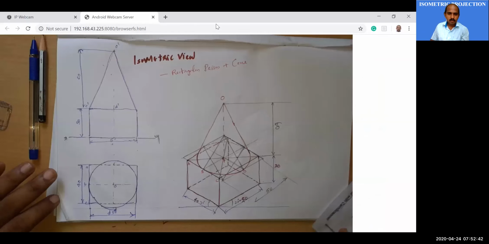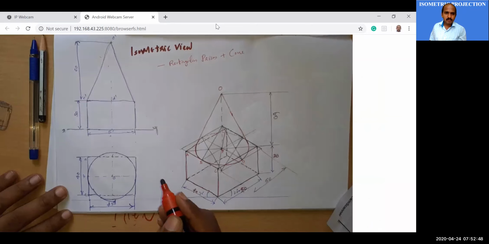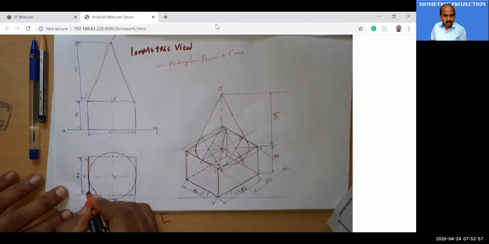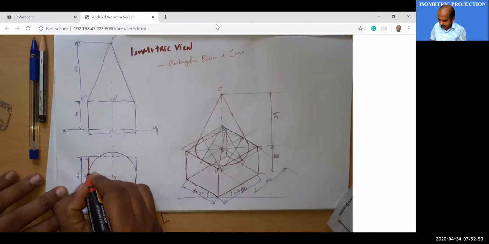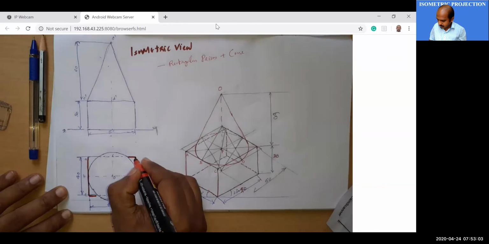I hope you can see this. So initially you draw the front view and top view of the combination. Let us start with the top view of the combination solid. This is the top view of your rectangular prism.